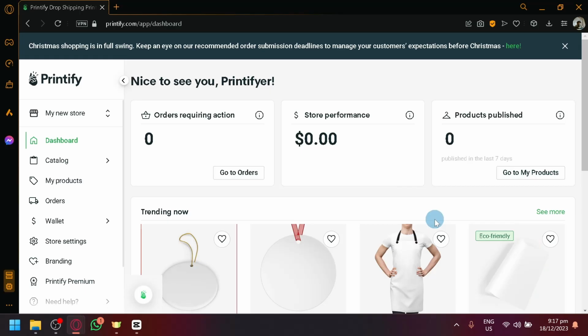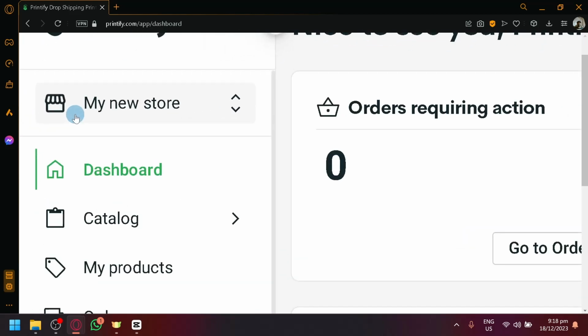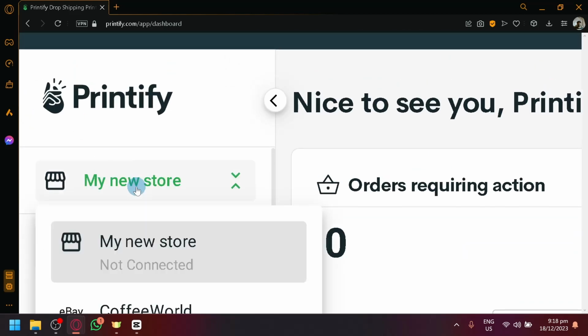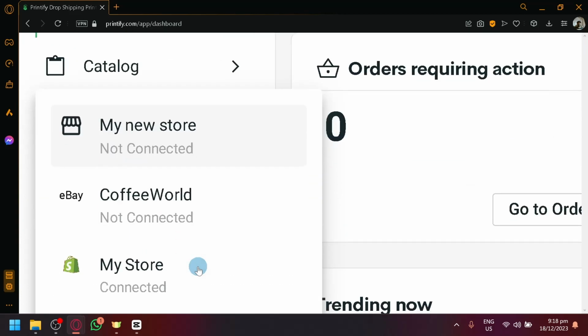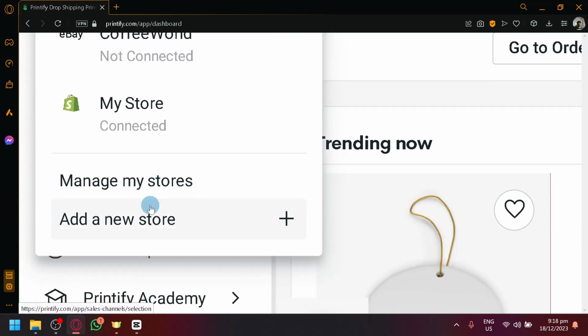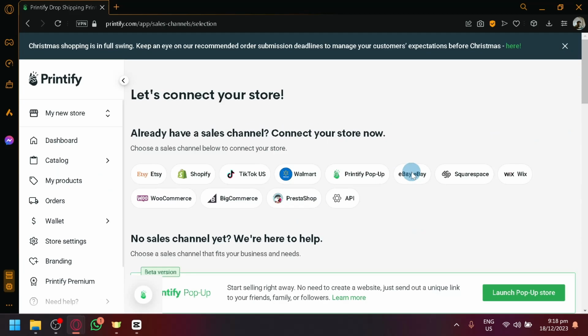Let's dive right in. Now first things first, make sure you are logged into your Printify account. After logging in, this will be your dashboard. The first step that we're going to do to connect our Prestashop with Printify is to simply look over here on the top left. You have your new store over here. Select that and you will be able to see options over here such as manage my stores or add a new store. Simply select add a new store and you will be able to see all the different sales channels